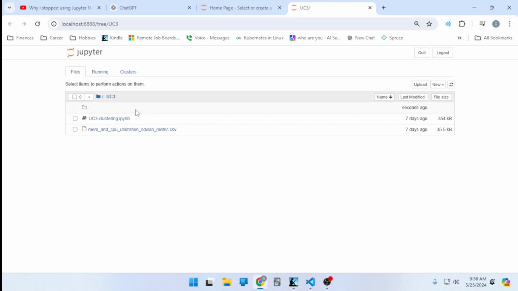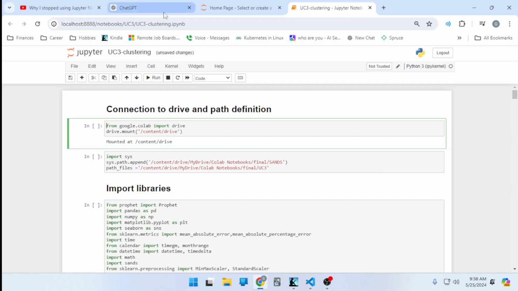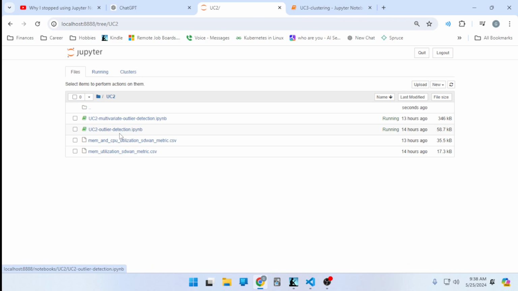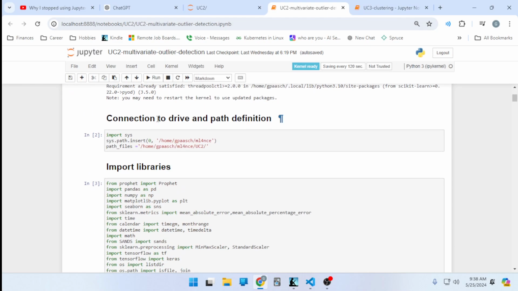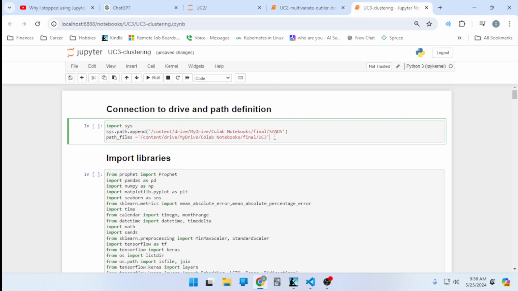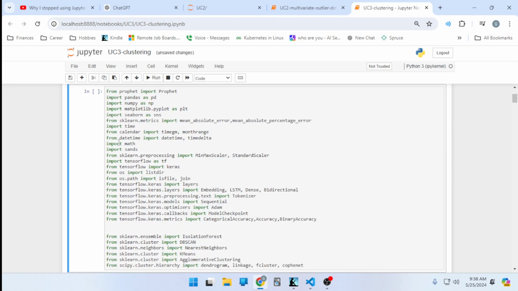UC3, and we might need to make the same kinds of modifications as before since we're not running it in Google Colab. So yep, we got to make the same kinds of changes. So we don't need this anymore, and then we need to change to have it run locally. Okay, and we need to be careful to specify the right path for the files, so it's not going to be UC2 anymore. We're moving on to UC3, so we can run that, and now we got to change the